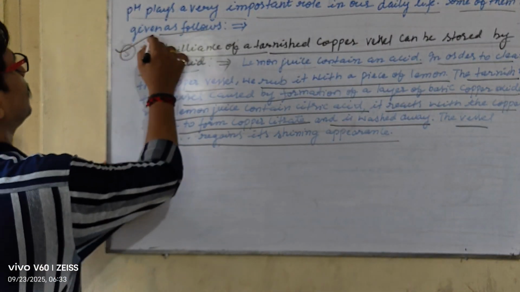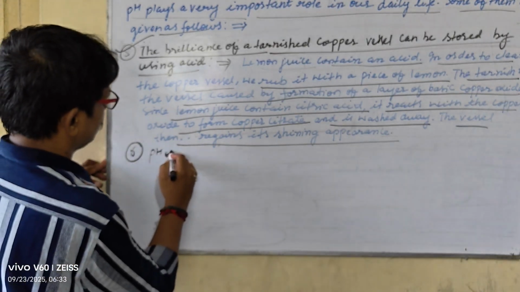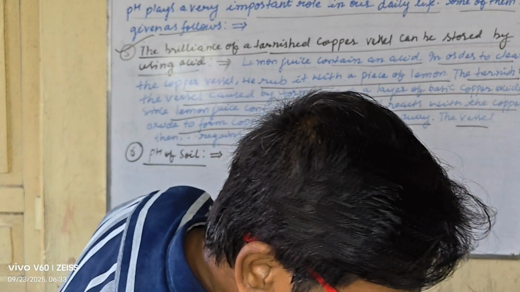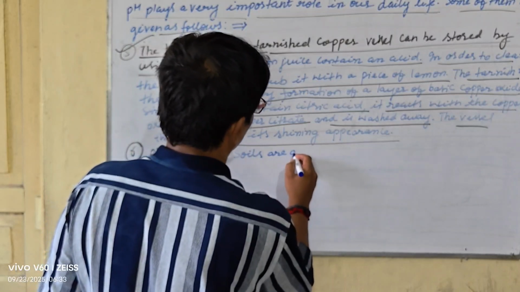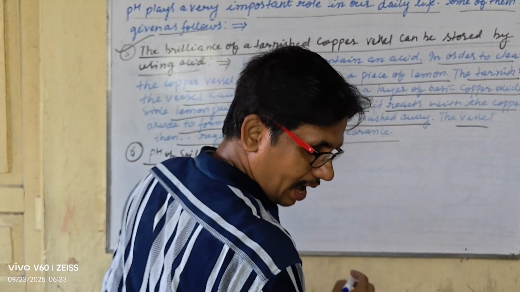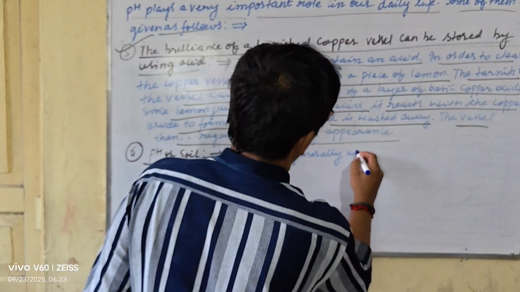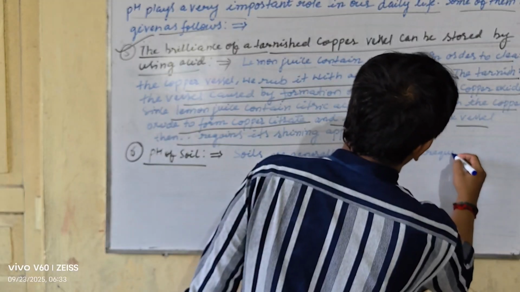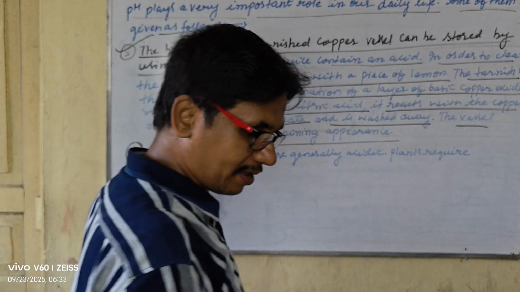Next one, last but not the least, number 6: pH of soil. It is also important for the pH of soil. Soils are generally acidic. Plants require a definite pH range